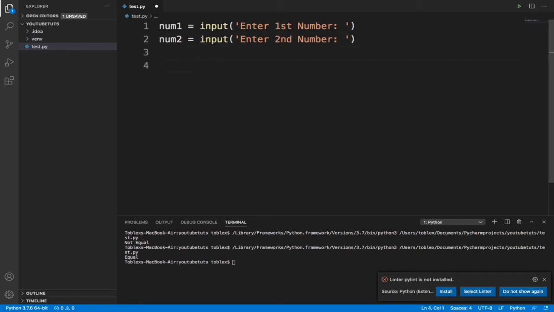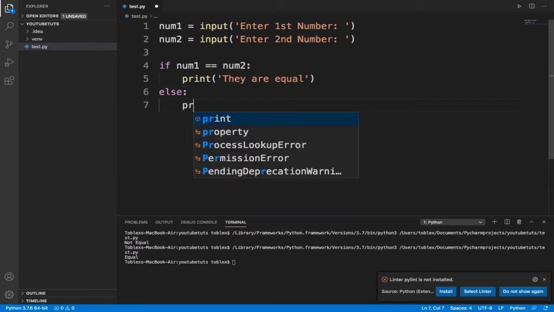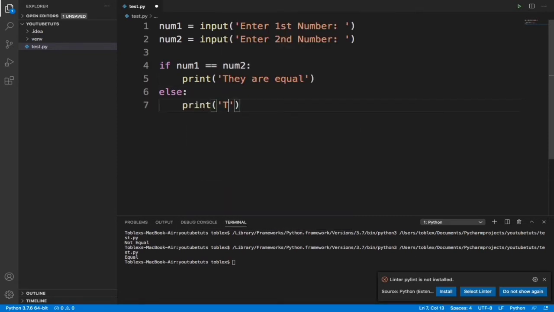Now when the user enters the second number, I want to check if the numbers are equal. We say if num1, first number, is equals to the second number, then print to the user that the two numbers are equal. But if the user entered two different numbers that are not the same, then that's else. Then print to the user that they are not equal.